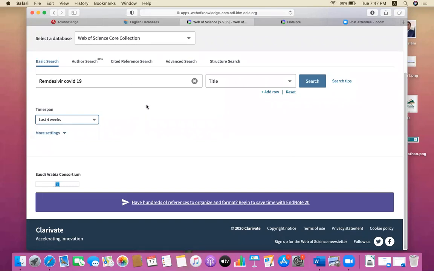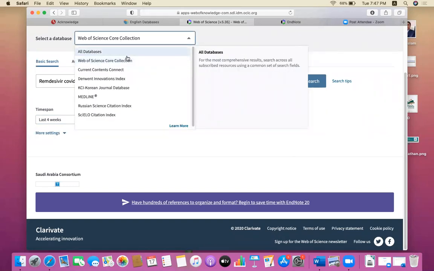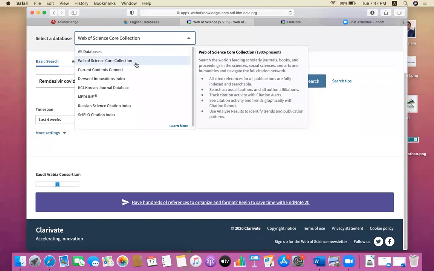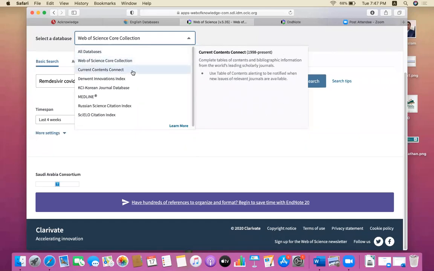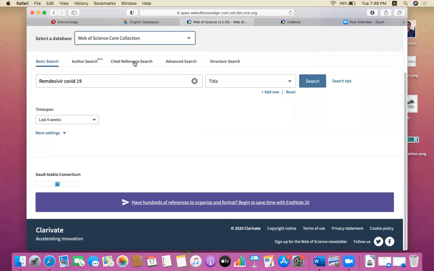And here on the top, select a database. You have the options to select all databases, Web of Science Core Collection, Current Contents Connect, Medline, Korean Journal database. I will select here Web of Science Core Collection and the last 4 weeks only.